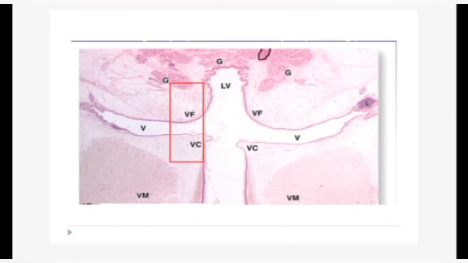If we talk about the epiglottis, it consists of a plate of elastic cartilage covered on both sides by mucosa. The anterior or lingual surface and the upper part of the posterior or laryngeal surface are covered by stratified squamous, non-keratinized epithelium. The lower half of the posterior surface is covered by respiratory epithelium, because it is facing towards the nasopharynx. Beneath the epithelium lies the lamina propria, which lodges the tubuloalveolar glands of the mixed type. These glands are found mainly on the posterior surface, where they lie in irregular depressions.